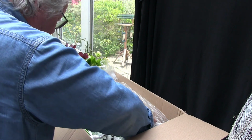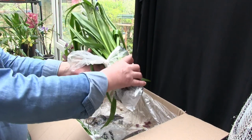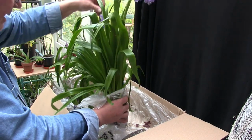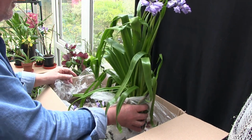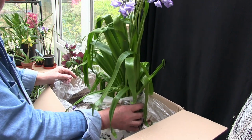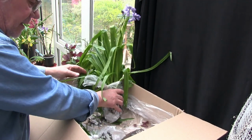Right, and here we have bluebells. We've got a broken bloom there. And looking at the colour on those, they are Spanish bluebells. So those need to be kept very, very separate and a long way away from the other pack that's in here,